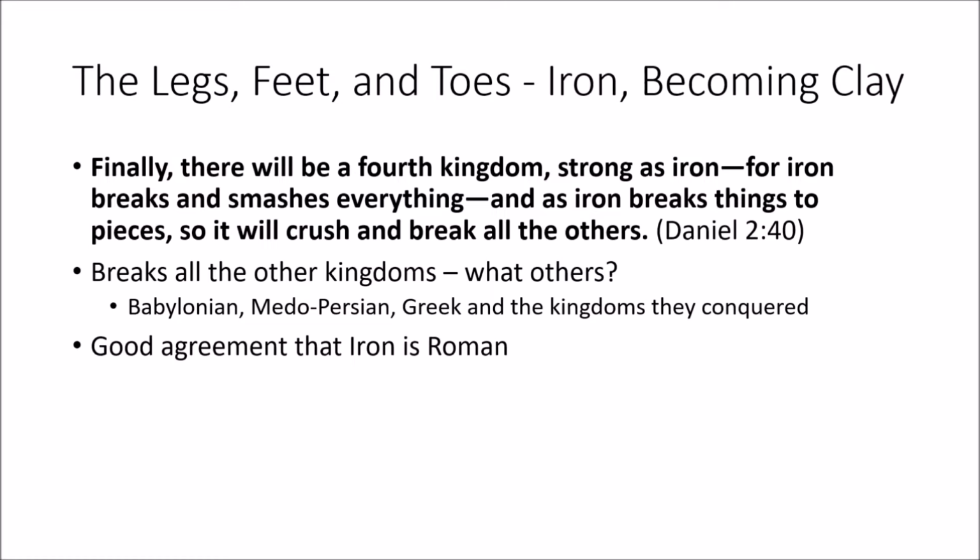And so it hints here at the idea when it says what other kingdoms, and it's referring to the Babylonian, the Medo-Persian, the Greek, and the kingdoms that they conquered. So the Romans conquered all of the Babylonians, the Medo-Persians, and the Greeks had conquered all of those little kingdoms that they had conquered, as well as the whole Greek Empire. So, and there's good agreement that this iron is Roman. Not absolutely everybody agrees to that, but most people say, yeah, it only makes sense that this is the Roman Empire that's being talked about here. And as we discussed yesterday, those were the four that were empires, as God called them empires.